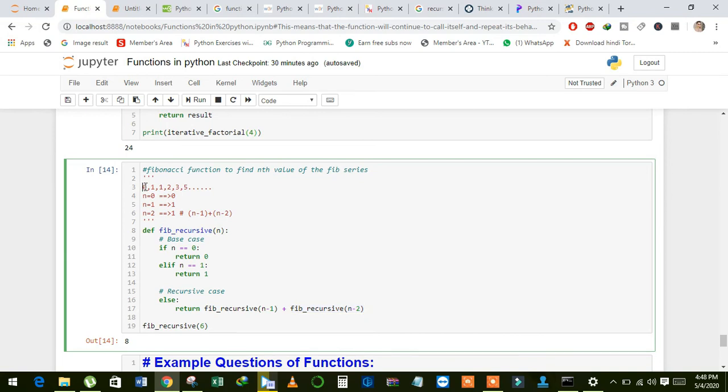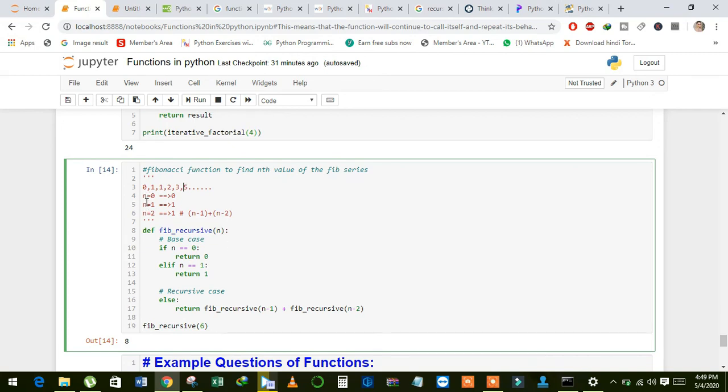And see here, we have a series. This is a Fibonacci series 0, 1, 1, 2, 3, 5, and the series index 1, 2, 3, 4, 5 and 6. In this particular example, I just want to find the sixth element of the series.